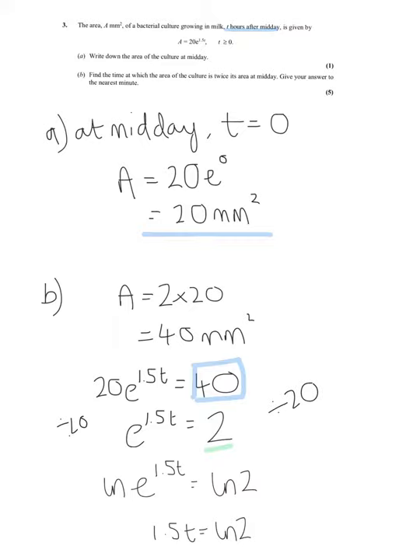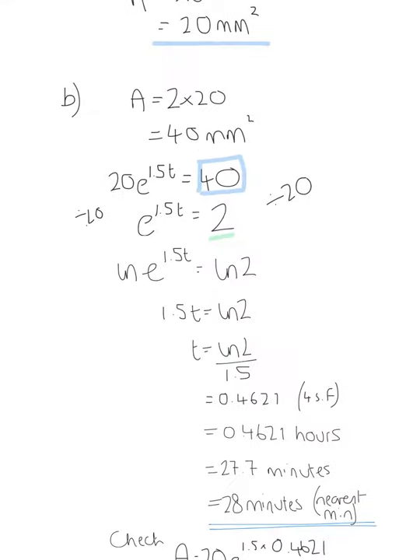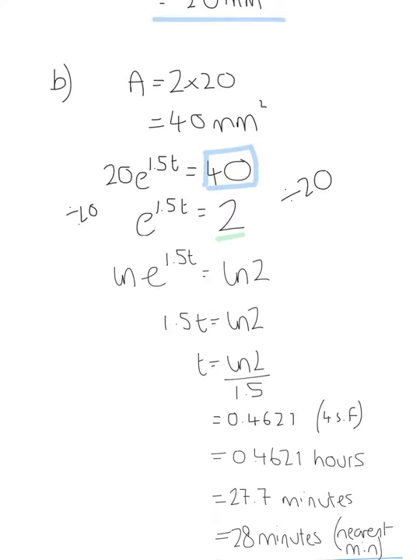Here's where some of you were a bit unsure how to solve for t. What we need to do is take logs, but we have to take logs of both sides. Okay, so if we're logging e to the 1.5 t, we also must log our 2. If e to the 1.5 t is equal to 2, then if we log both sides, that is also equal. So here we've got log e